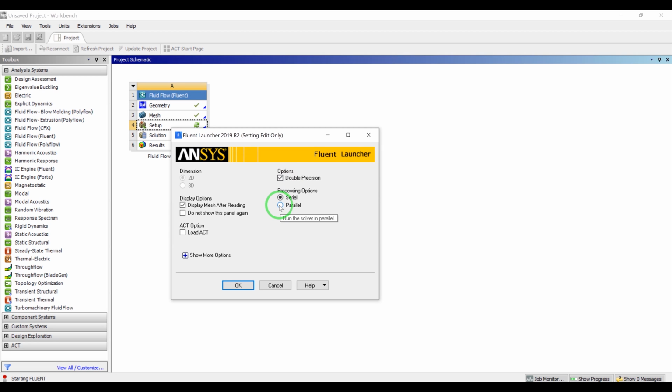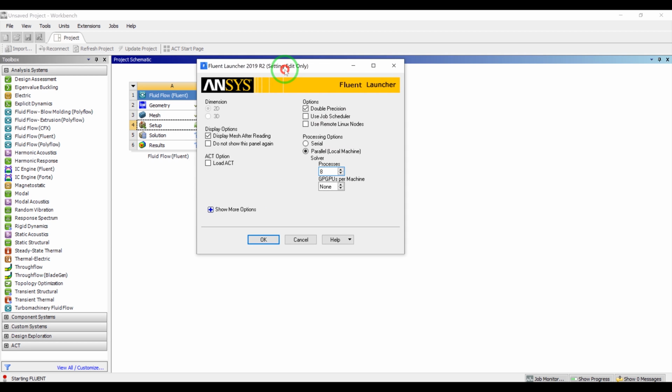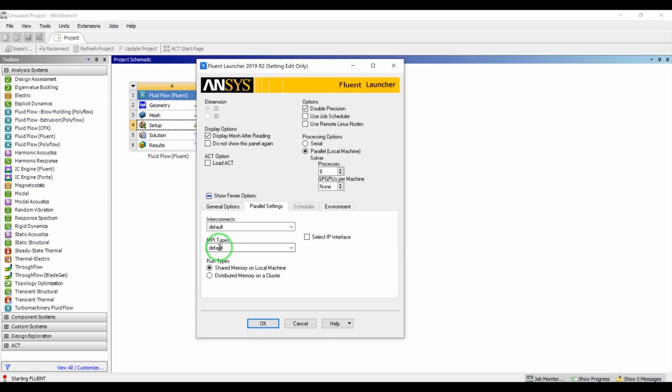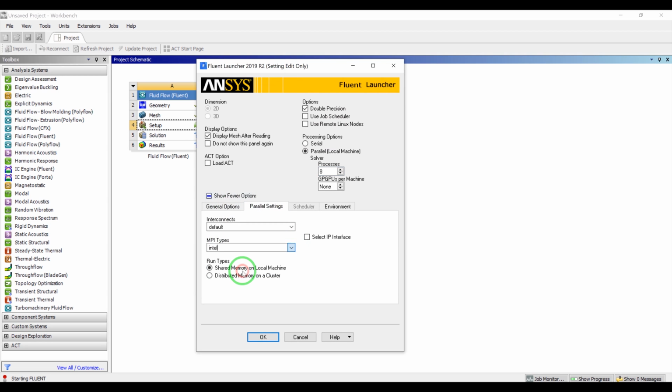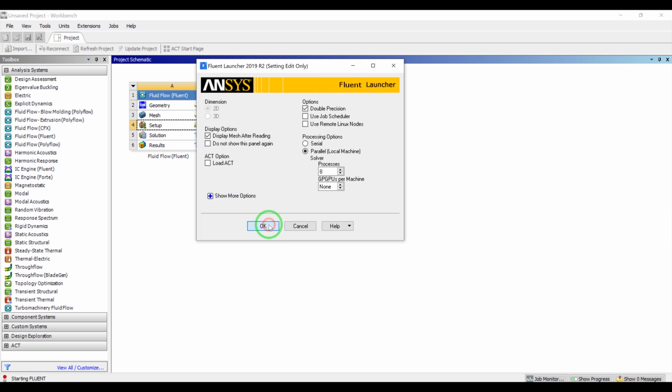If you have a laptop or desktop which has more than one CPU, you can take advantage of using the parallel version. I have 8 CPUs, and if during the ANSYS installation you have Intel CPUs on your machine and you have installed the Intel MPI, it's better to choose the Intel. Other than that, if you are not sure, it's better to keep it as default. So okay,